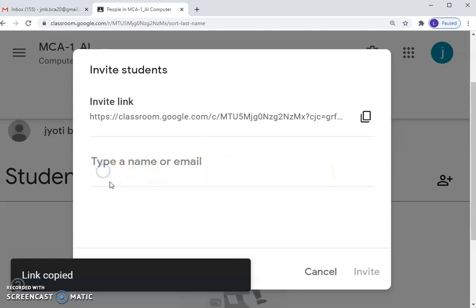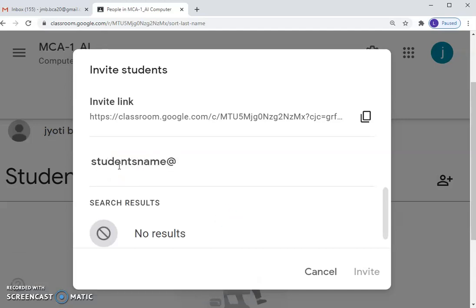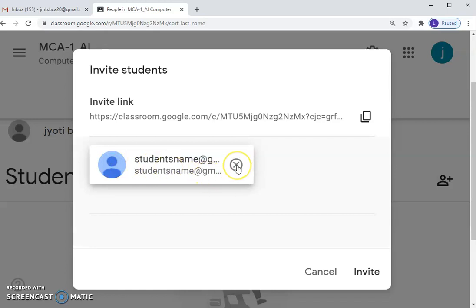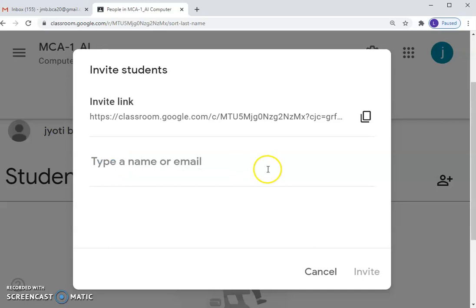Okay, or you can type in your students' email ID here, Gmail ID. Make sure that the email ID is a Gmail ID only. Okay, whatever email ID you add, if it is not Gmail, that student will not be able to join your class.